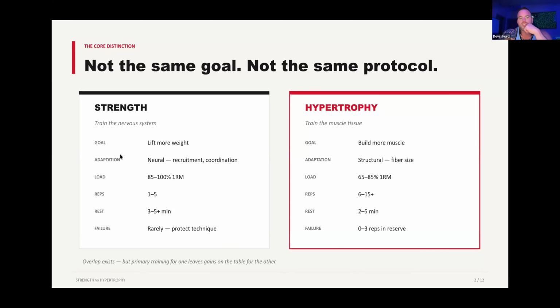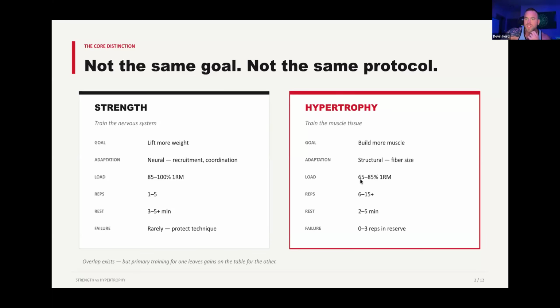Okay. The adaptation for strength is neural. It's your brain being able to turn on certain muscle groups and to do so forcefully. Where the adaptation for hypertrophy is the actual increase of muscle tissue. Now, the load that you need is tremendously different. When you're doing strength and you're trying to force neurological adaptation, you're trying to force your brain to get good at contracting muscle, the load needs to be over 85% of your one rep max. Otherwise, you're not really going to even recruit the muscle that you need. You're never going to reach that point where you have to.